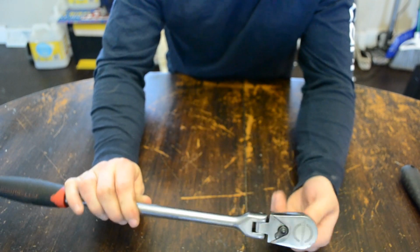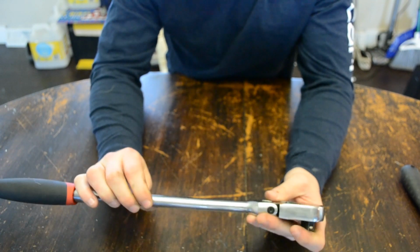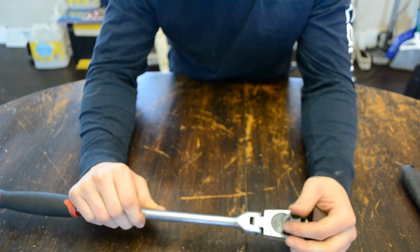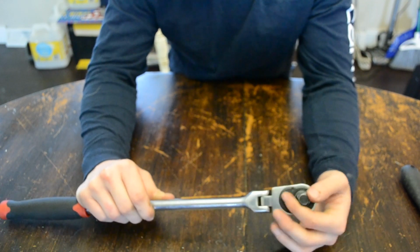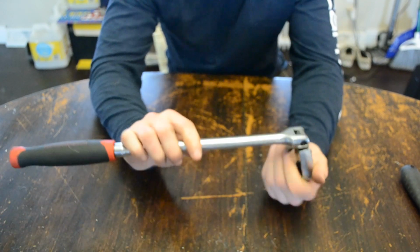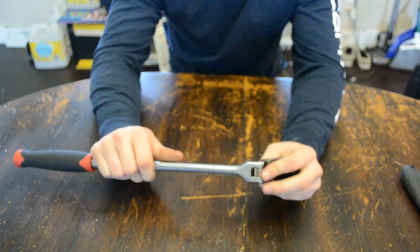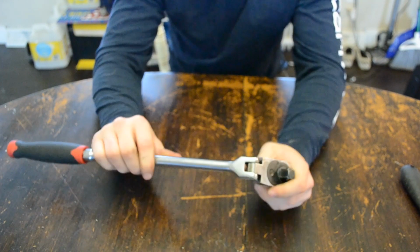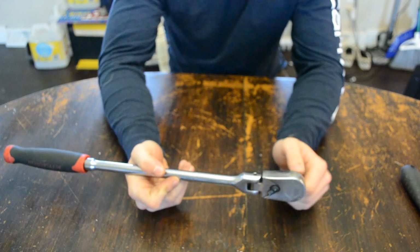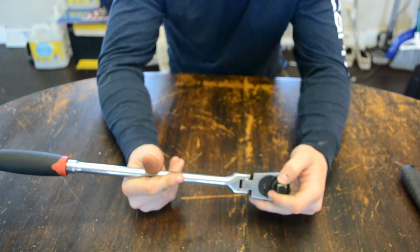This is probably the ratchet I use the most out of all of them. I use this for a lot of the drain plugs on transmissions, and for oil filters if they're too tight. This works great for it. It has the flex head on it, and it's worked pretty good. It's a 72 tooth ratchet. I've had it for the past year,